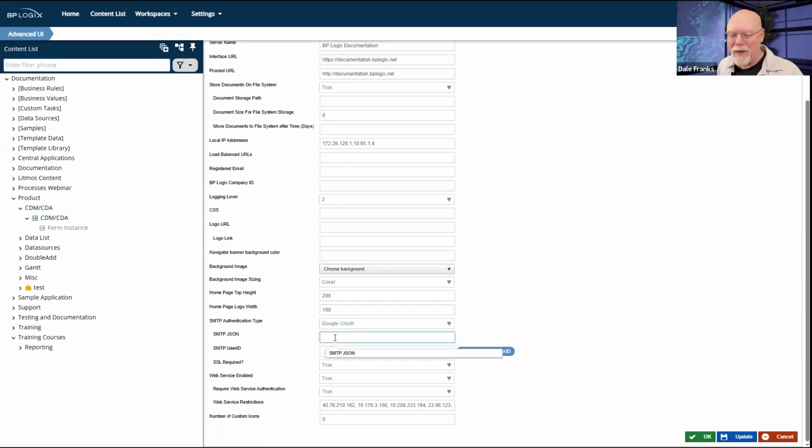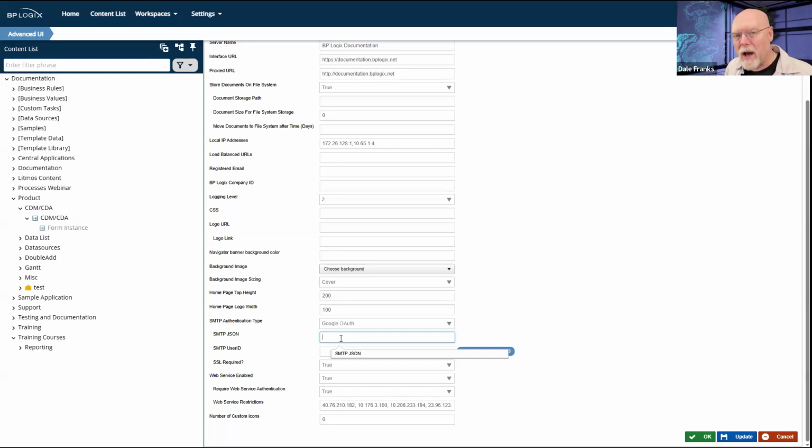But somewhere in the Google Developer Console, you'll be provided with a JSON package that contains all of the authentication attributes that you need other than your user ID to get into the OAuth system via Google.